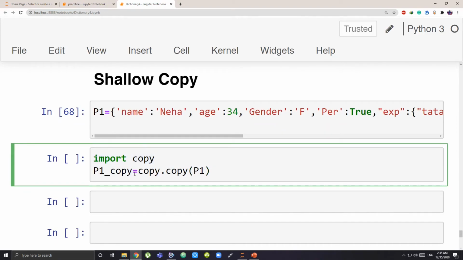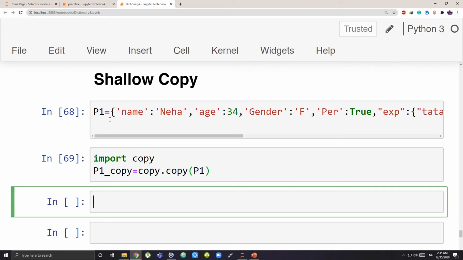What is the name of the shallow copy function? It is copy only. So my copy dictionary, whose name is P1 underscore copy, is equal to copy dot copy, which means from the copy module, use the copy function. In the bracket, what do I want to copy? The dictionary name.